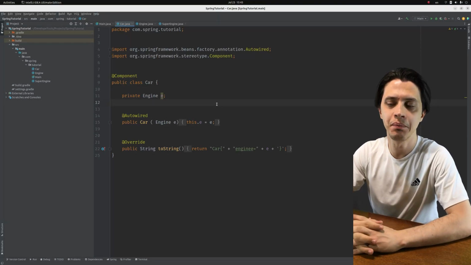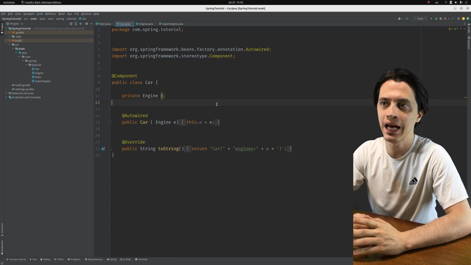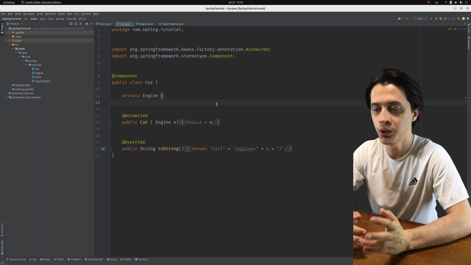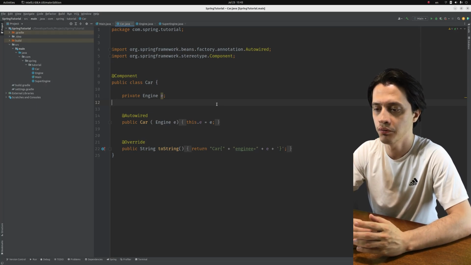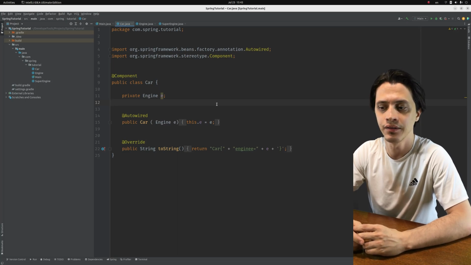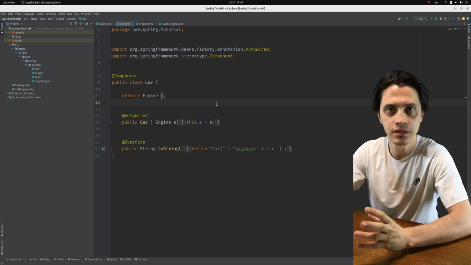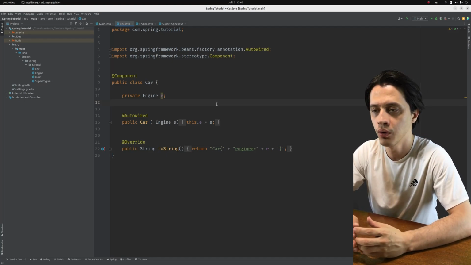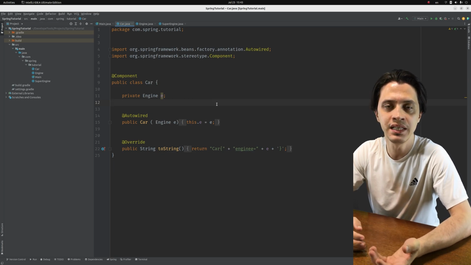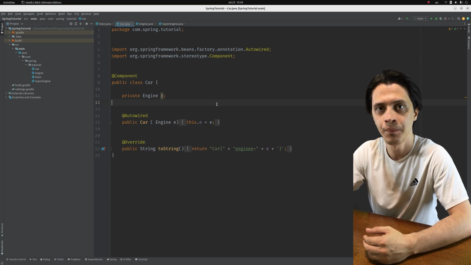So this session is about a bunch of extra annotations from JSRs that Spring recognizes and allows users to use as well. We've been working with the @Component annotation and the @Qualifier annotation along these videos. And as you know, @Component is for defining a bean definition, and also @Qualifier was used for